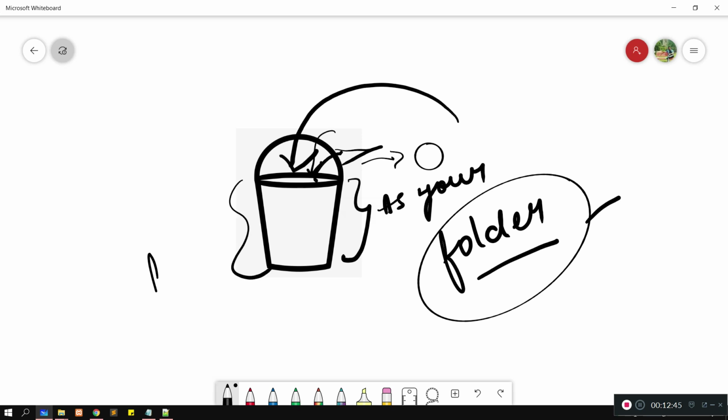This is your folder, and whatever resources or raw files we are going to use in our website development course, we have to keep in a particular folder, the same folder.